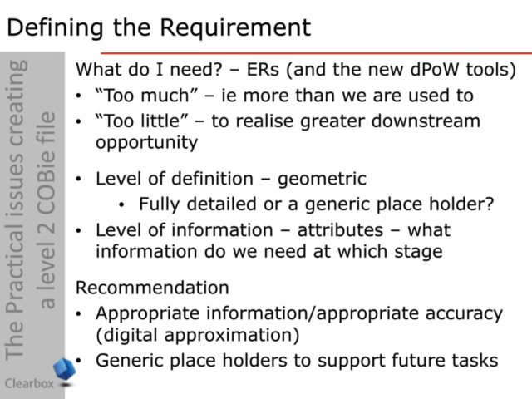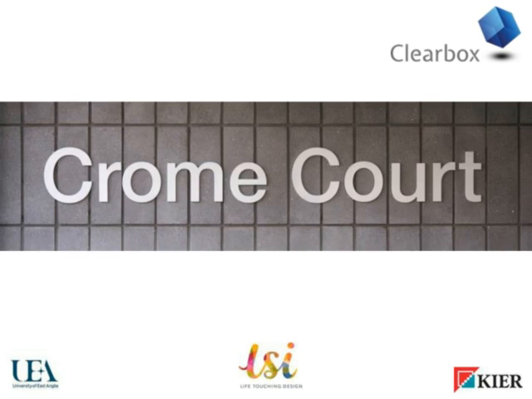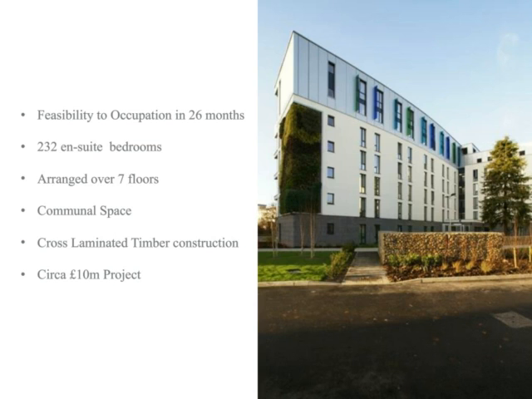So, on to Crome Court. Crome Court is a relatively straightforward project. It's a 232 suite student residence accommodation for the University of East Anglia, spread over 7 floors. What's interesting about it is it's been done in cross-laminated timber construction, which has the peculiarity that you really need to worry about services coordination, both in the vertical and the horizontal. And that's something